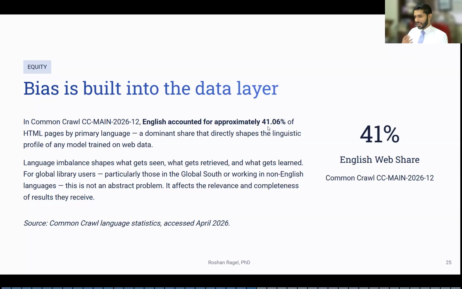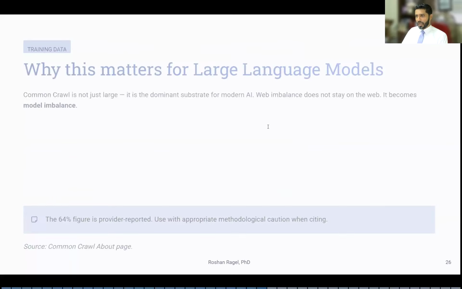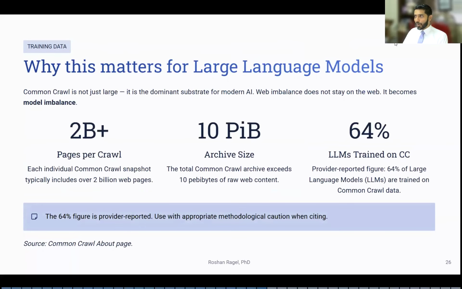That happens due to various reasons. I just call it equity in general, but a lot of reasons. So just to give you some more idea about what Common Crawl is doing, Common Crawl is a tool that goes around and takes all the data that's out there. As of now, it has crawled about 2 billion pages, 2 billion data points. And in terms of data, it's petabytes, right? So that's the next level to the terabytes. This is the amount of data that is being archived and the number of pages that are being crawled.